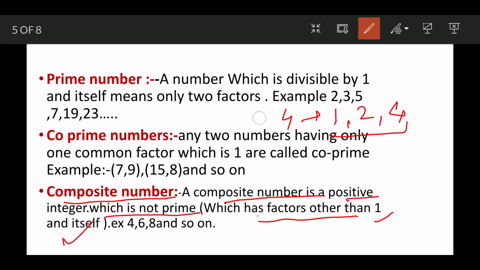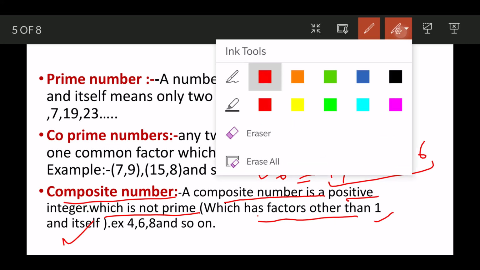This is a composite number. Next, take another example, 6. If we write the factors of 6: 1, 2, 3 and 6, it has 4 factors. So it is also a composite number. Moving to the next,